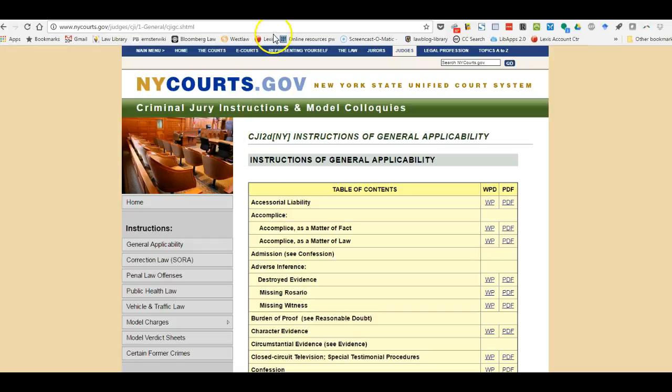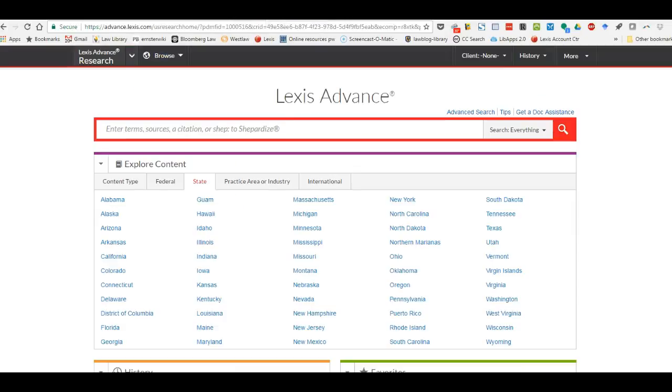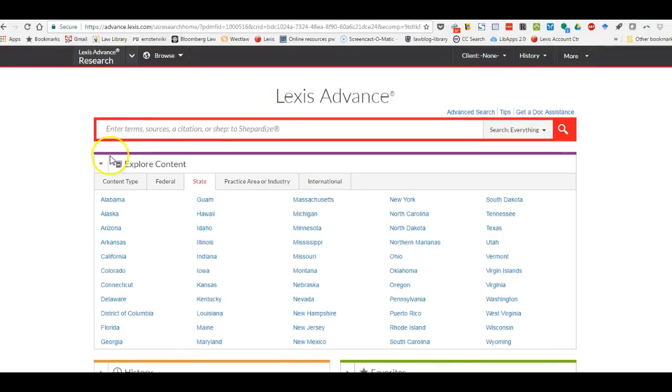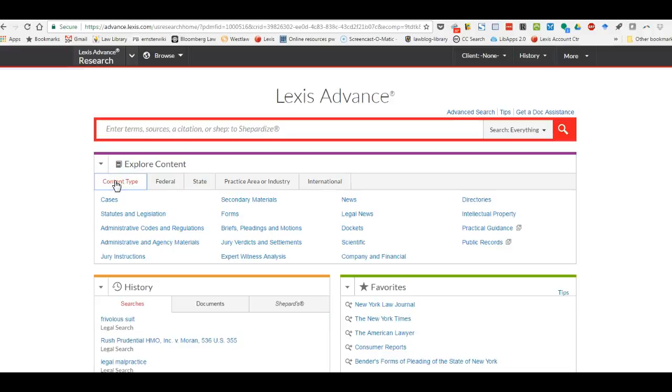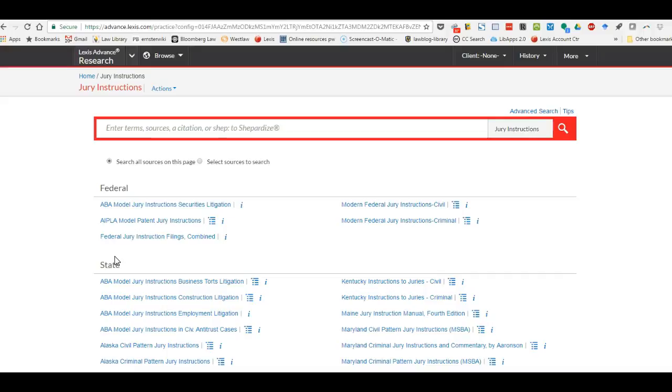Okay, Lexis does have jury instructions, but I have to say, because Lexis doesn't have PJI, which again is a West publication, Lexis isn't going to have it. The coverage is not nearly as good, especially for New York, again, because the New York PJI is publisher specific. But what Lexis does, because it doesn't have the source that everybody refers to, is it will